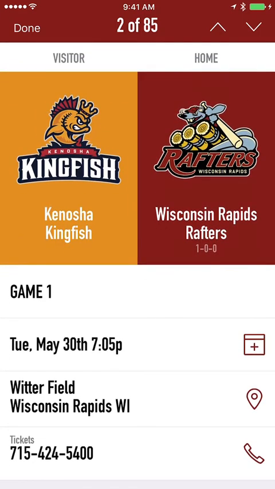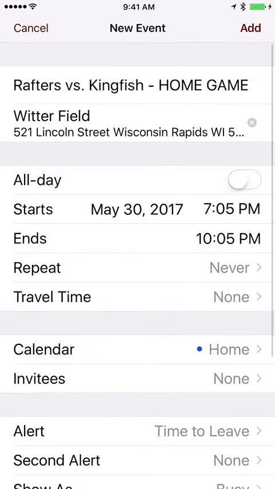If I tap on one of these rows, I'm going to go ahead and tap on the Tuesday, May 30th row. This is a really nice feature. What this does is create an event that I'm going to add. In this case, I'm on an Apple iPhone. It would add this right to my calendar. So it fills in all the information, who they're playing, the location, the date, the time,